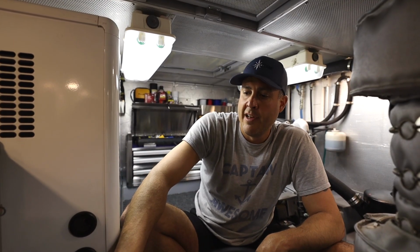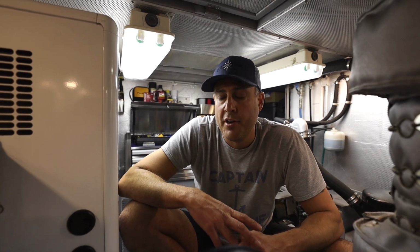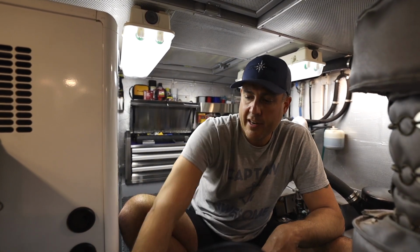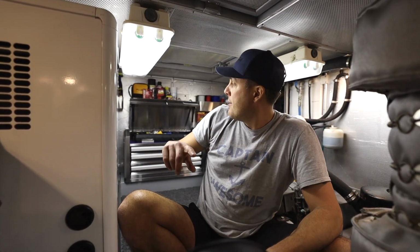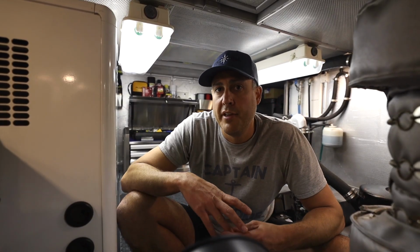Last weekend I mounted the control unit on the sidewall of the boat here on the starboard side and connected the wire harness below. And there's sensors that get connected in various places. So I pre-ran a bunch of wires back into the lazarette. We're going to be tying into the shunt, which monitors the amperage draw coming in and out of the house battery bank. There's a battery temperature sensor that's going to be connected to the lithium battery so that the external